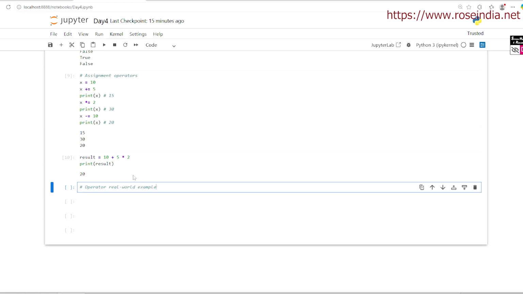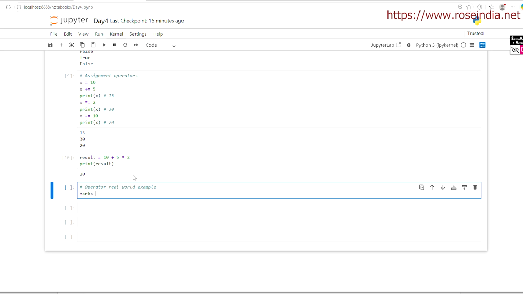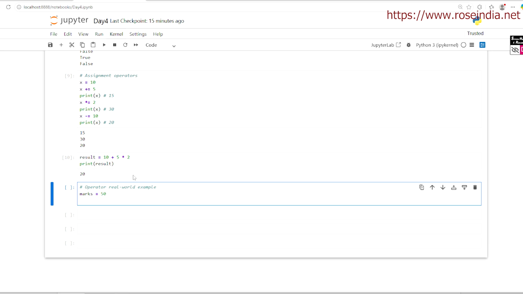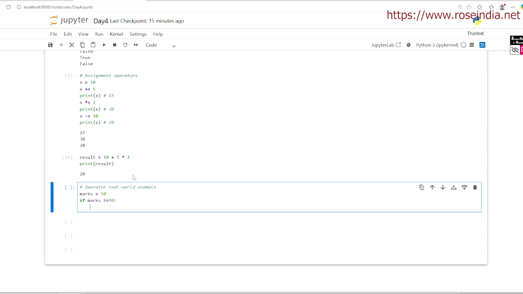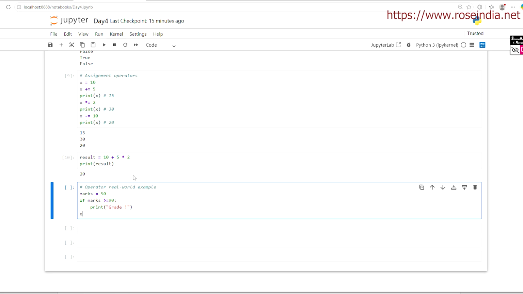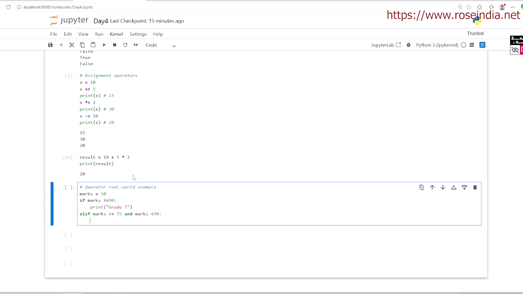Operator real world example: marks is equal to 50, then if marks is greater than or equal to 90, then print grade A. If marks is greater than or equal to 75 and marks is less than 90, then print